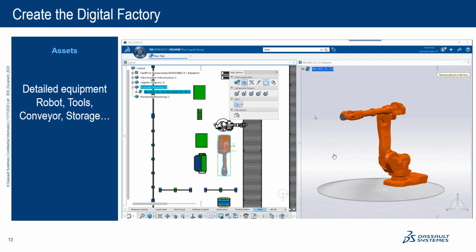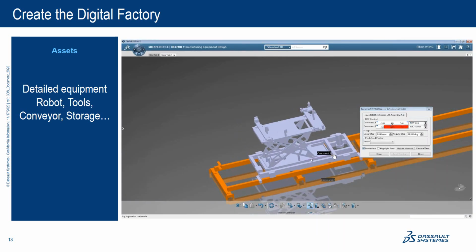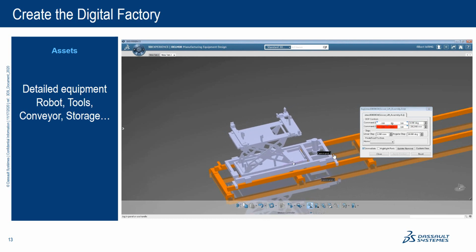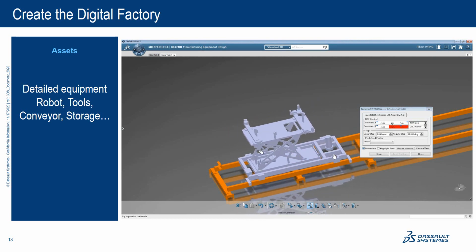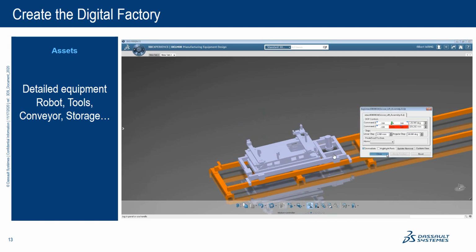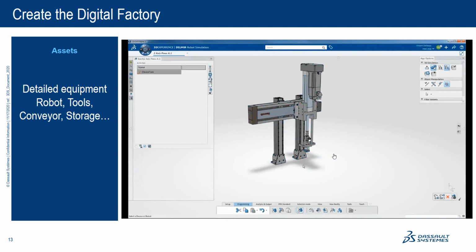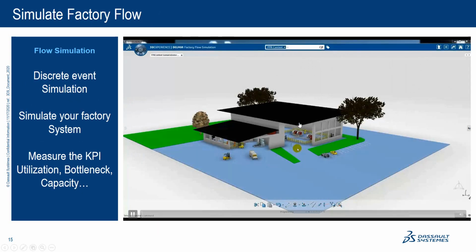You can reuse those standard robots, and if required, if you have this kind of scissor lift in your factory, we can define the kinematics out of the CAD model, and later we can simulate it to make sure that this equipment will work in your factory or in your new layout.